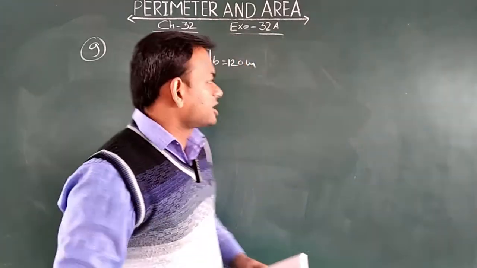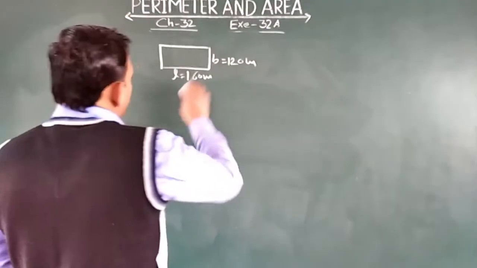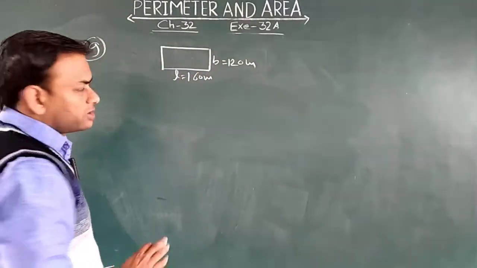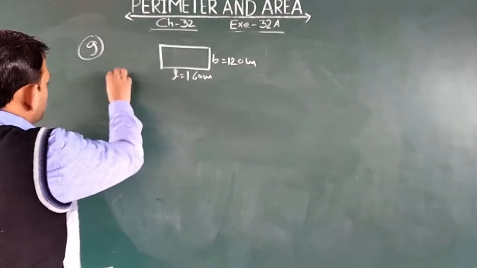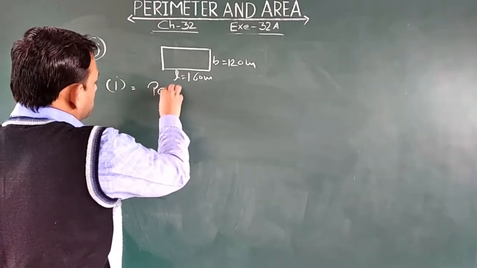Now I am just going to tell you question number 9. In this question, a rectangular field is given, and the length and breadth of this rectangular field are given. Okay, length is 160 meter and breadth is 120 meter. So in the first part of this question, you have to find the perimeter